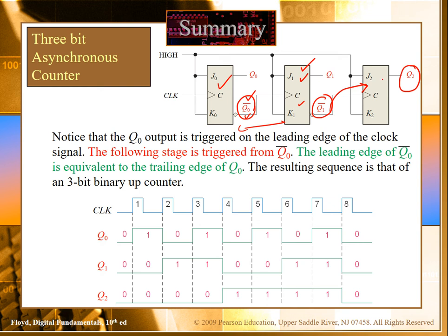So basically this flip-flop has to wait. For example, let's say it takes 4 nanoseconds for its operation. Then this flip-flop has to wait 8 nanoseconds every time, and then the next cycle keeps going. So to avoid this propagation delay and make our counting fast, we use the synchronous counter.